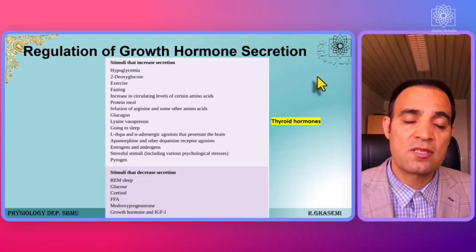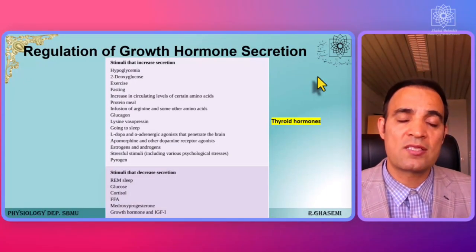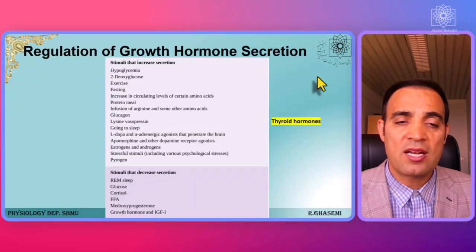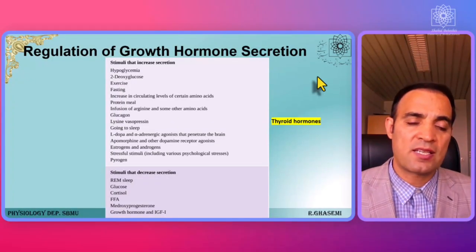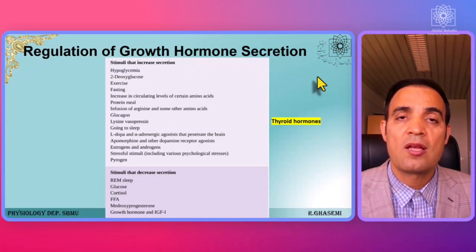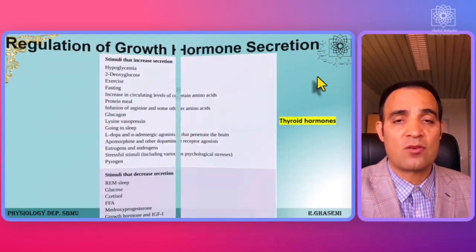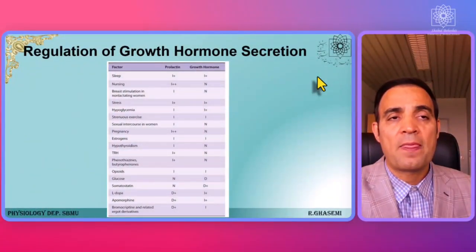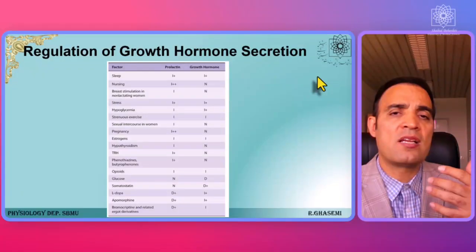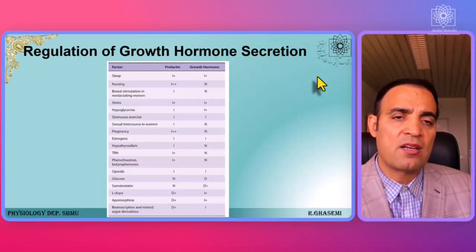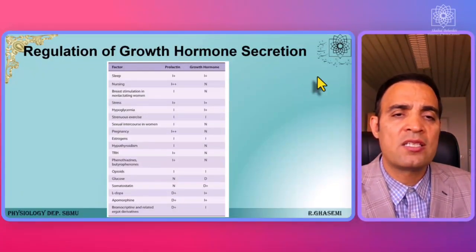Stressful stimuli can stimulate growth hormone, and on the other hand, a high level of stress is against growth hormone. Obesity is against growth hormone, and all these factors are involved. You can see here are stimulating the